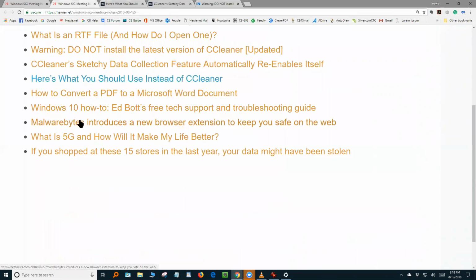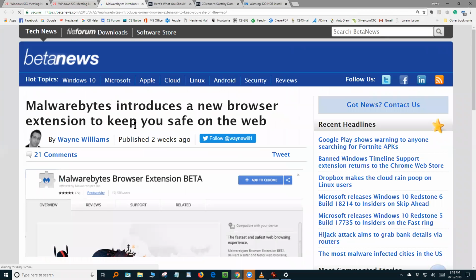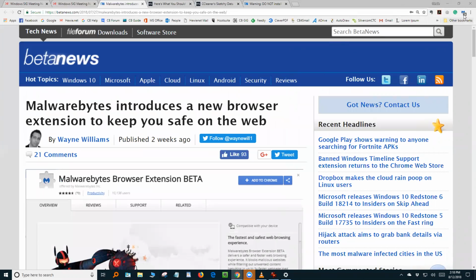Malware. I'll come back to this. Let's go to malware since we're talking some malware. Malwarebytes has introduced a new browser extension. I have it installed, and it's right up here in this article on this page. When I click on it,